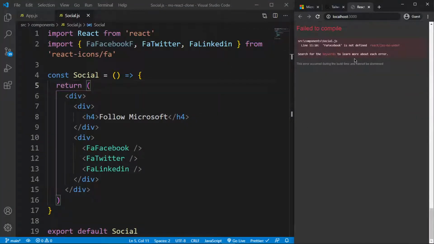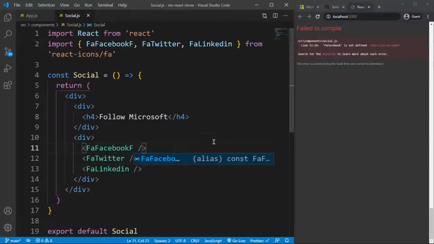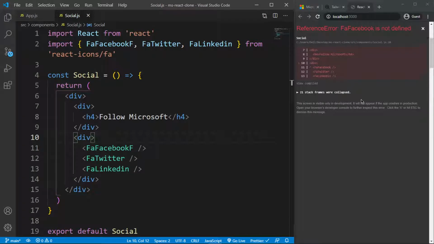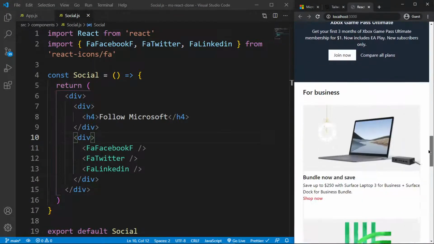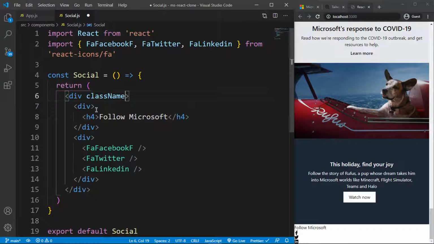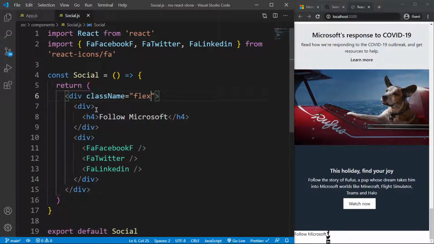We can render this out. FaFacebookF, like that, and we should have some. Oops, FaFacebook is not defined because we need to reload that, and then we should have this. We have this at the bottom. So let me add a class name on this. I want them to display flex. Oops, I want them to display flex like that, and then I want this to display flex as well,